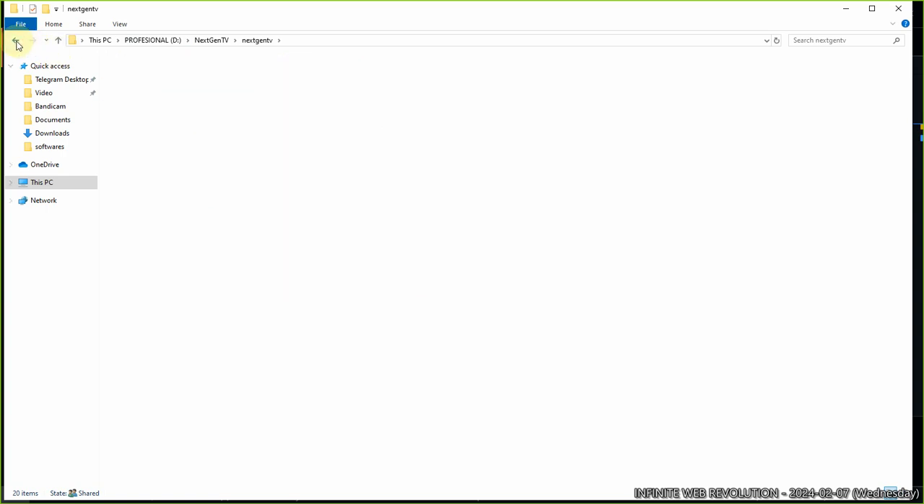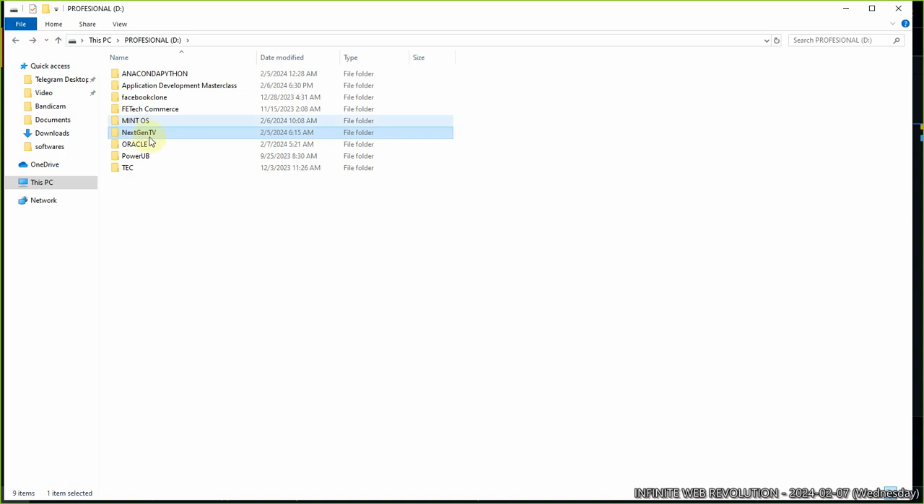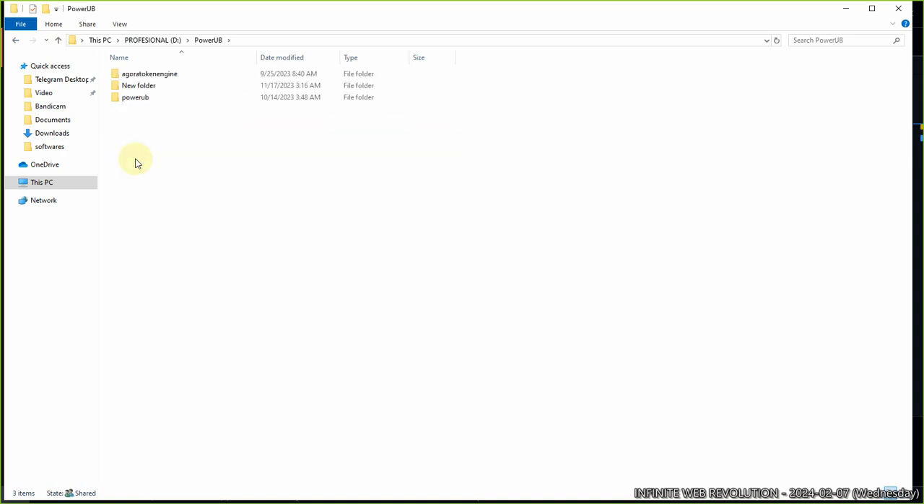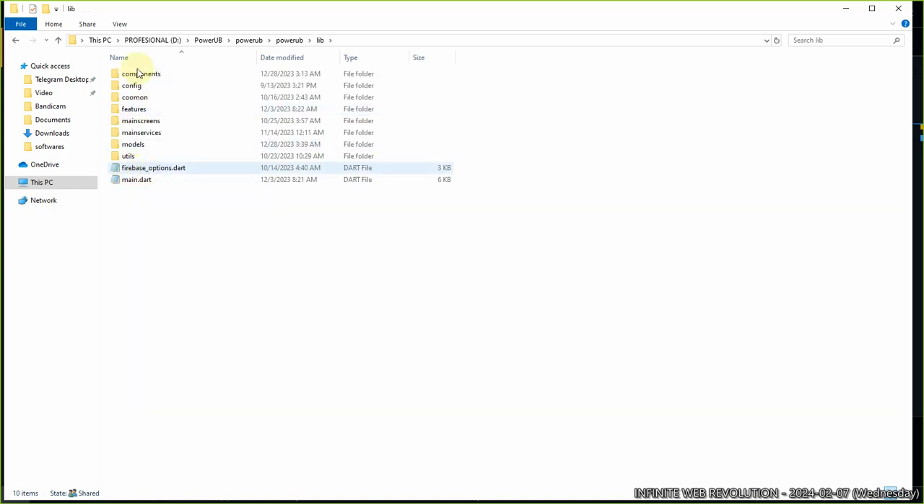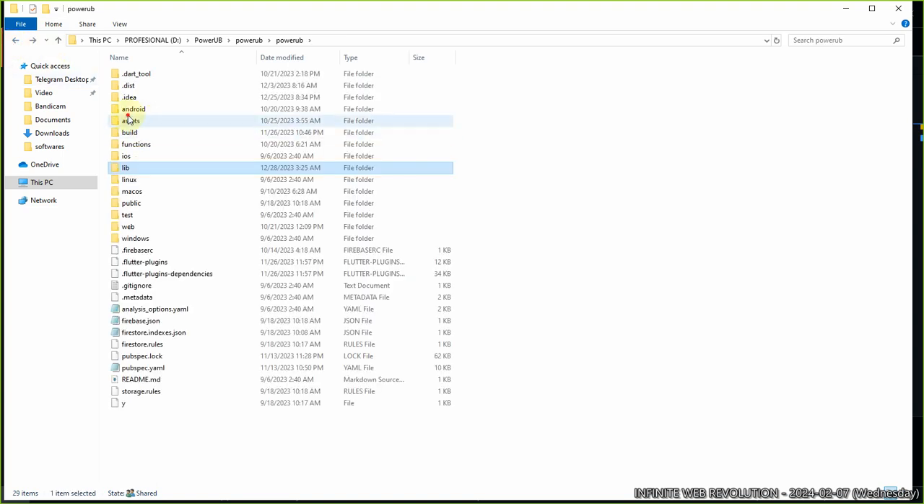This is Power BI, the application that we are working on now. This is the root directory. Okay, let me just open the lib folder. This is the lib. So you see, these are all of the folders that are inside. But looking at the assets,